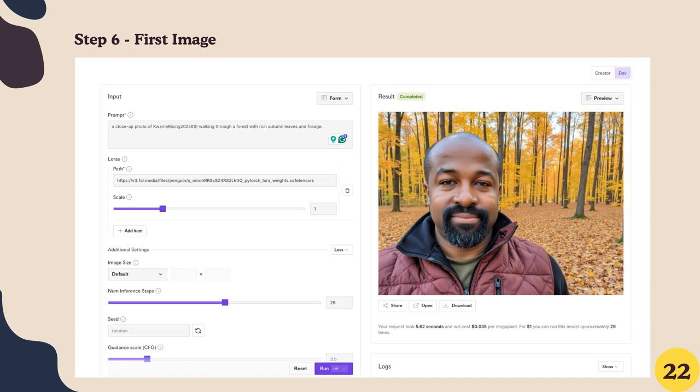So here I just gave it a little prompt with my trigger word, of me in a forest with fall foliage. So very, very simple prompt. And this is what it came with. So now we are going to play around. Now, there's a lot of settings that you can play around with. There is the scale, there is the number of inference steps, and so there's 3 different levels you can adjust. So now I'm going to show you how those things help you get, because now there is no right settings